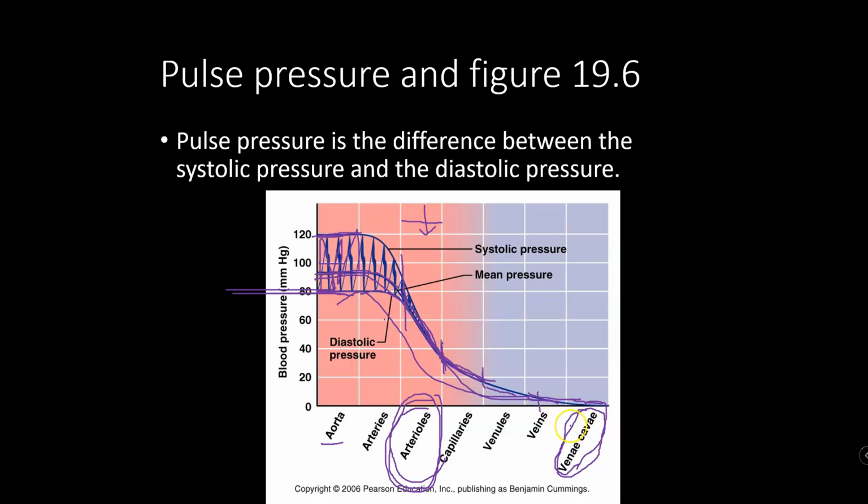So even though the vena cava are the largest veins in the body, the pressure is actually the lowest in the vena cava just before they empty the blood into the heart. So the pressure constantly gets lower until just before the heart, and then we up the pressure again because the heart's the pump that actually generates the pressure. This is figure 19.6 in the book. Hopefully all of that helps to explain it pretty well. But this is the whole, remember, we always go from high to low. This helps explain some of the why behind that and that pulse pressure just a little bit.